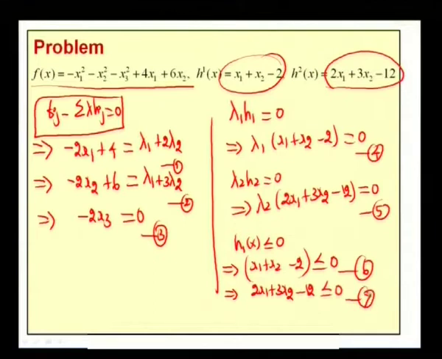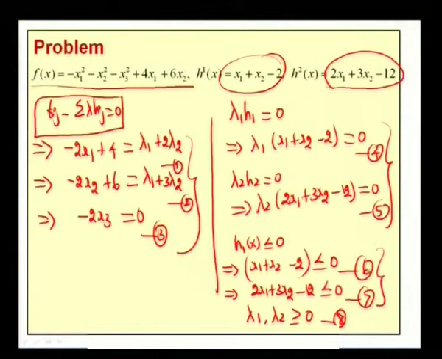Of course, the final Kuhn-Tucker condition is lambda_i greater than or equal to 0. For this problem, we have two Lagrangian multipliers, lambda1 and lambda2, both greater than or equal to 0. We name it as equation 8. So, for the given problem, with the help of the Kuhn-Tucker conditions, we will get these 8 equations. The first Kuhn-Tucker condition gives us 3 equations, the second gives us equations 4 and 5, and the third condition h_i of x less than or equal to 0 gives us equations 6 and 7.